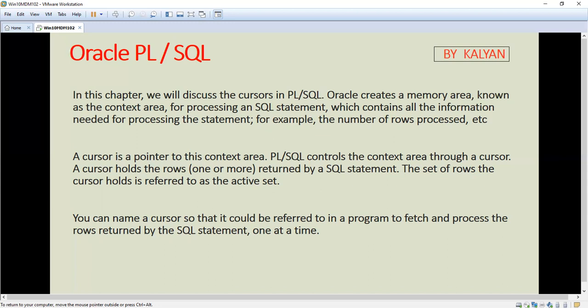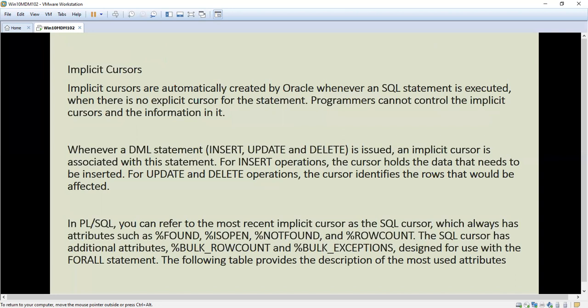Here we can name the cursor. There are two types of cursor, explicit cursor and implicit cursor. Now we are going to see the implicit cursor. There is no need to give a name for it. Implicit cursors are automatically created by Oracle whenever an SQL statement is executed and there is no explicit cursor for the statement.